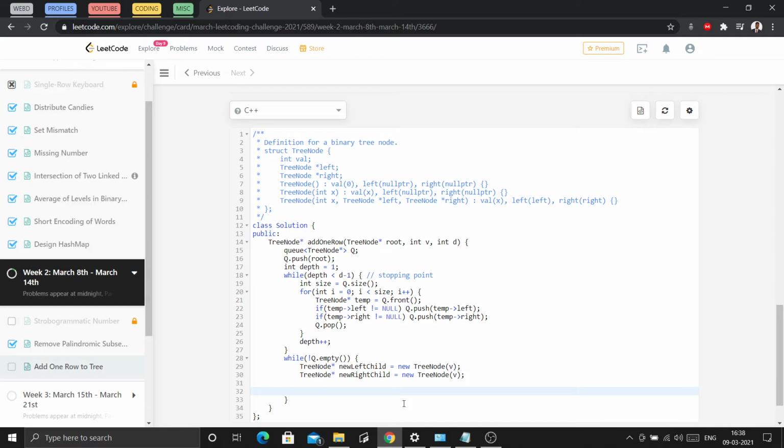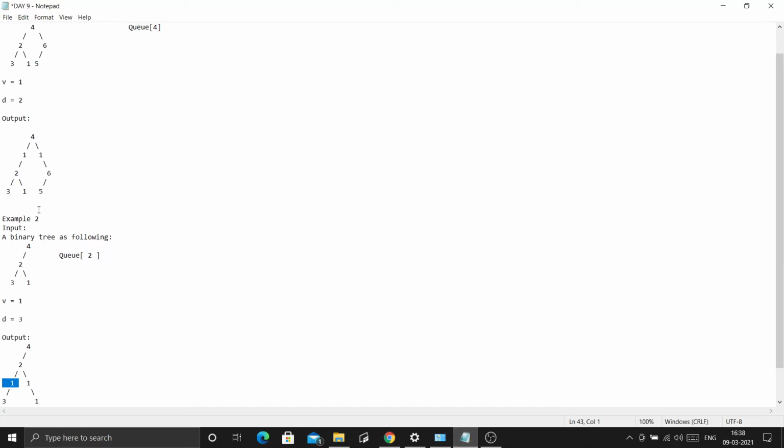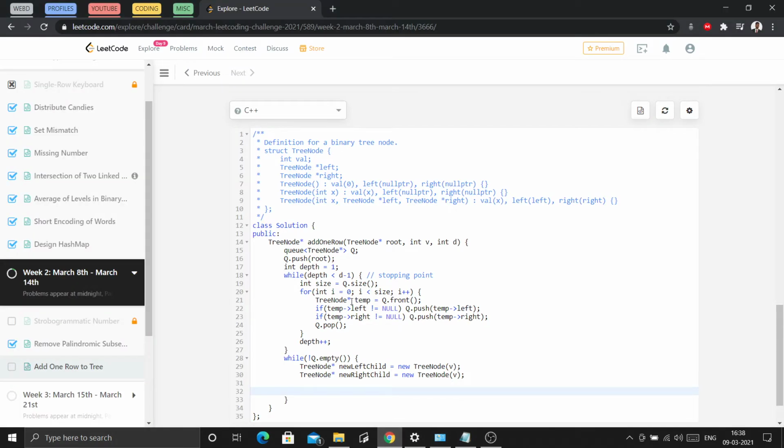Next, I will store the previous subtrees. In this case I will store this and this in temporary nodes. Let's say TreeNode star left child, which was our previous child.